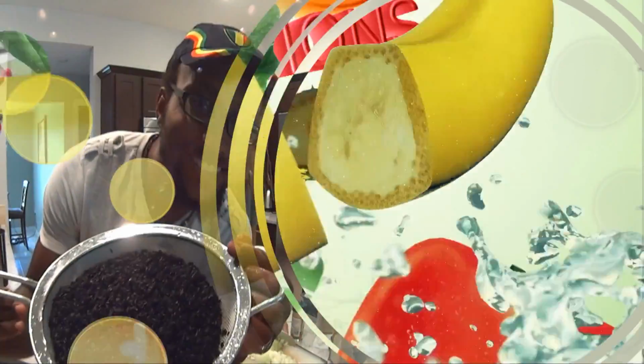Make your food be your medicine, your food. Blend up your carrot with the lettuce in a juice. No afraid fi mix your vegetable